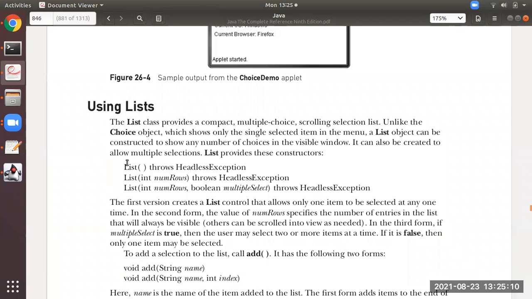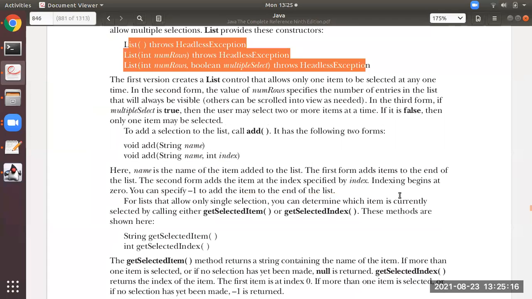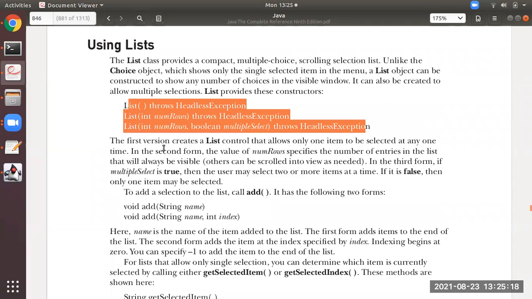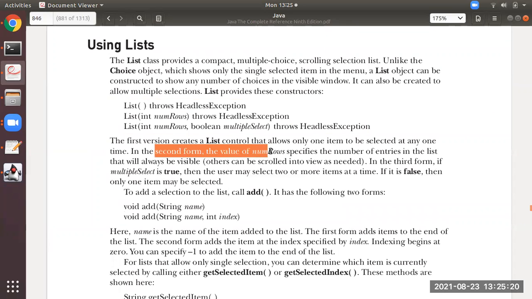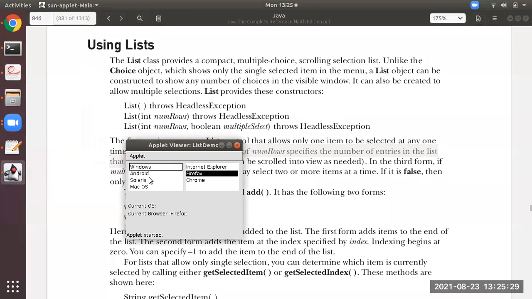See here, these are the constructors, with a slight variation from Choice. For the second form, the value of number specifies the number of entries in the list that will always be visible. Like in the output, there are 4 items displayed, over here 3 are displayed.